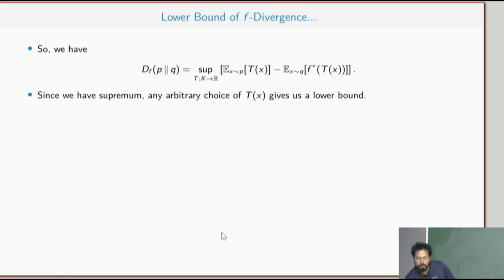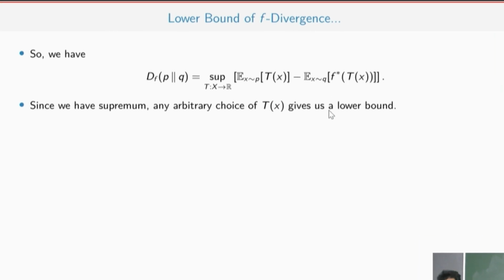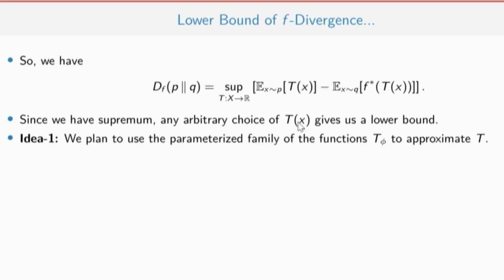So I have just copied that expression again here. Since we have the supremum, any arbitrary choice of t(x) gives us a lower bound. You could take some other arbitrary t, and it will be some other lower bound, but as we know, the supremum is the least of all the upper bounds. So idea one, assuming that you got this, right? So from here,